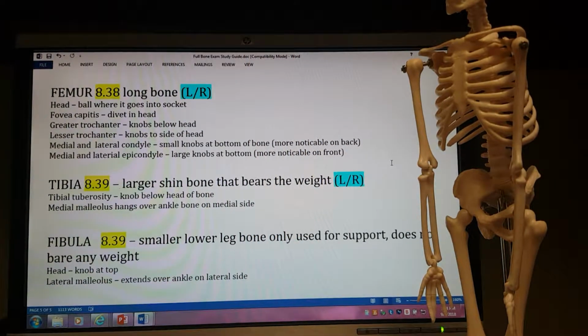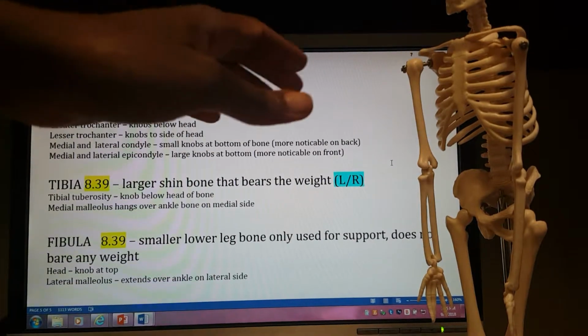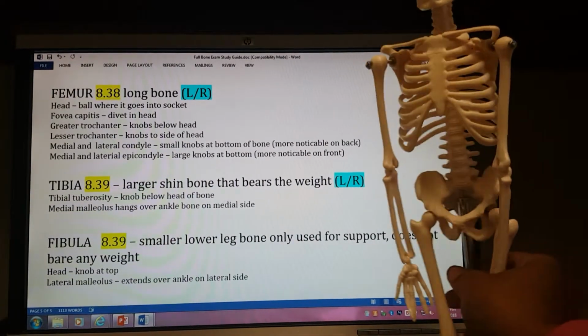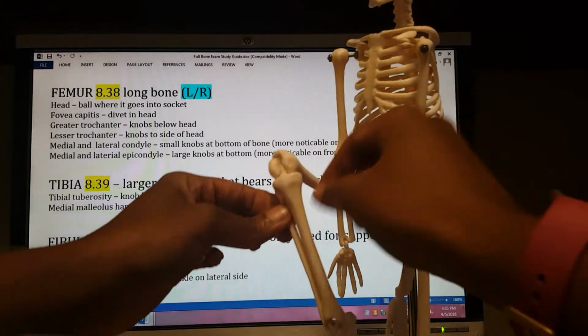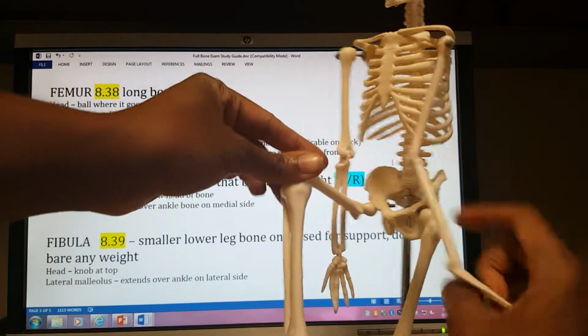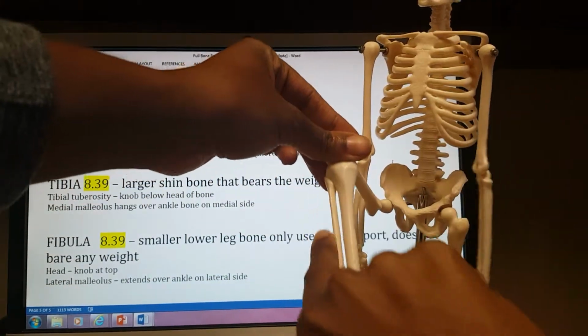And that is it for the femur. Okay, so below your femur are your tibia and fibula. The tibia is the larger bone in that pairing. So let's show it on a little smaller skeleton here. Put his leg up. So we have the tibia being the bigger one here, the fibula being the smaller one